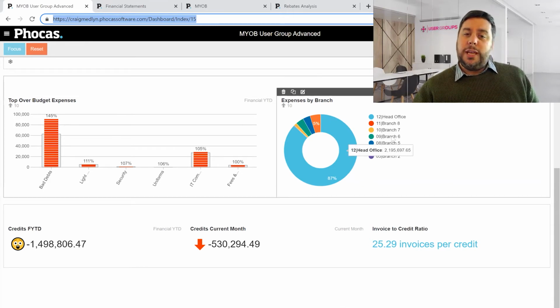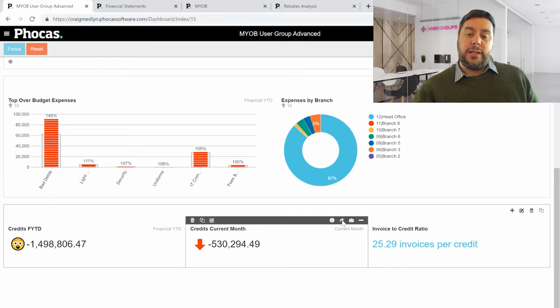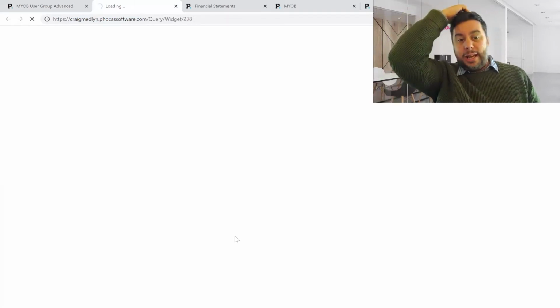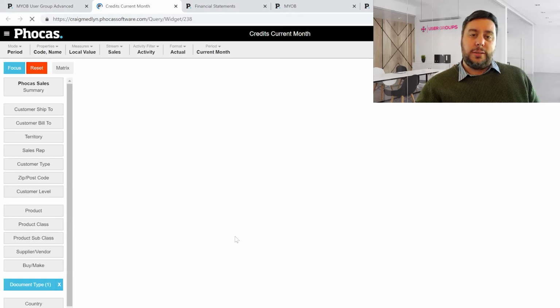But if we needed to do some analysis, maybe not just on the financials, but on where the credits are coming from in my business, we can absolutely do that. That might not necessarily be financial data. We may want to do some analysis looking at more operational data. So Phocas doesn't have to just look at the financials or the GL. If you're a sales-driven organization, you have suppliers, whatever data you want to bring in, you can use Phocas to pull data from different parts of your business.